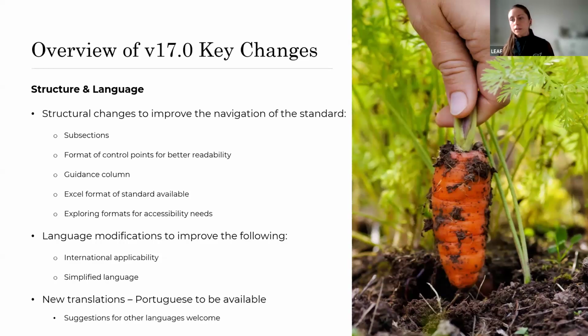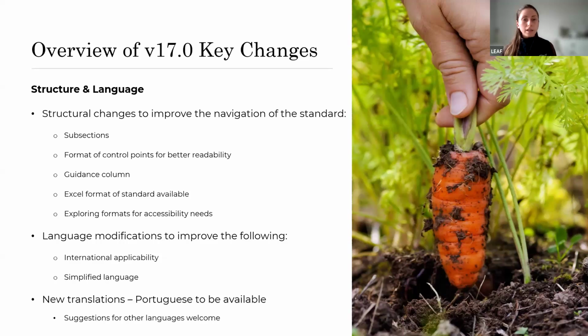There have been quite a few structural and language-focused changes within version 17, including a lot of structural changes to improve the navigation and the layout of the standard. We've divided the different sections into subsections so that control points and requirements are categorized based on their topic, and that makes it a little bit easier, hopefully, to navigate the different requirements.